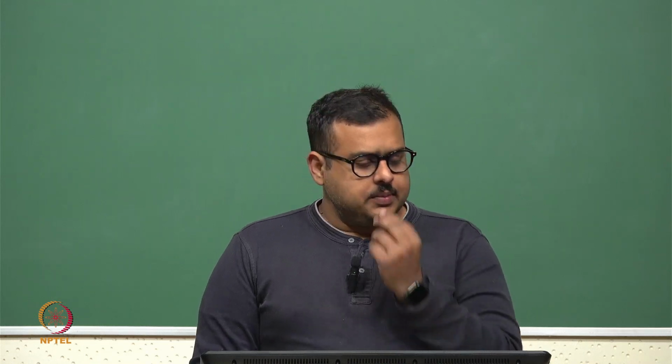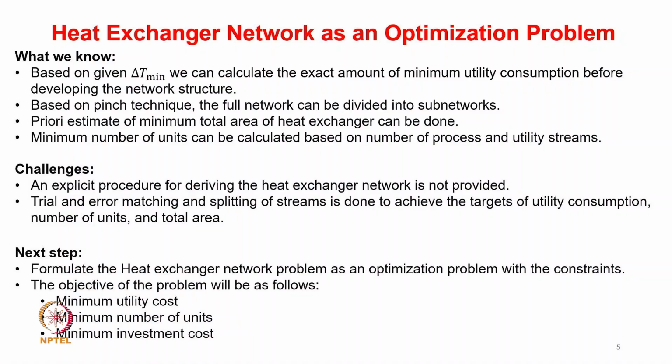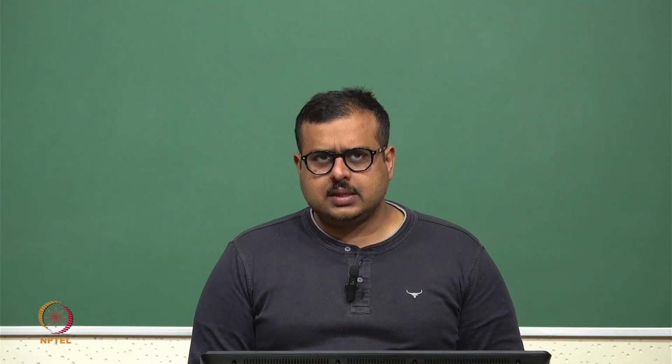So sometimes your streams will not be balanced. So we'll have to try a couple of options to see how you can connect between the streams to achieve the targets of utility consumption, so that a minimum number of units are connecting to each other, and of course to attain minimum total area, because the more the total area essentially means the more heat exchanger size, again